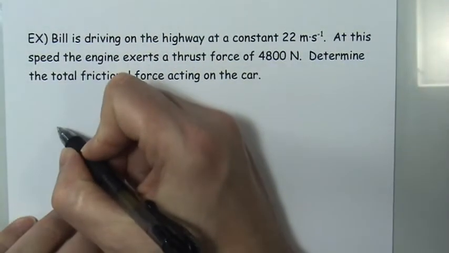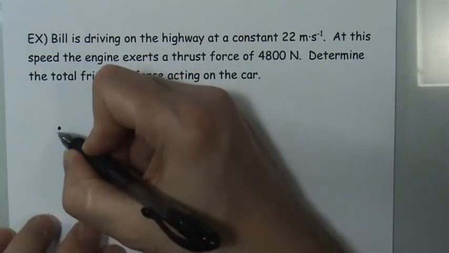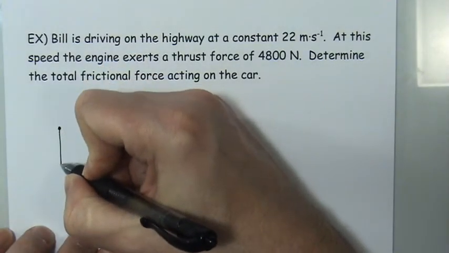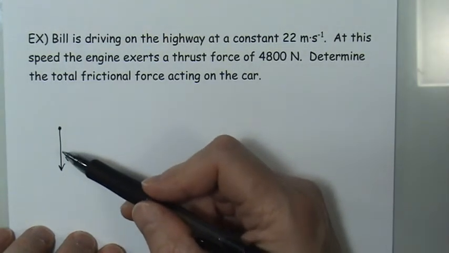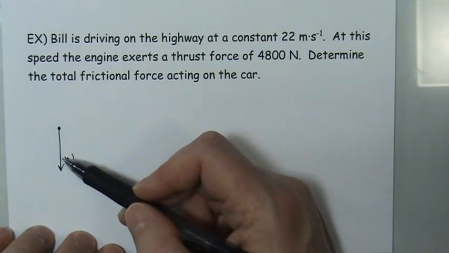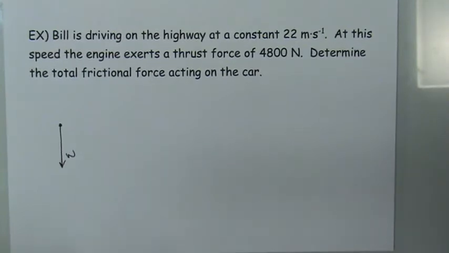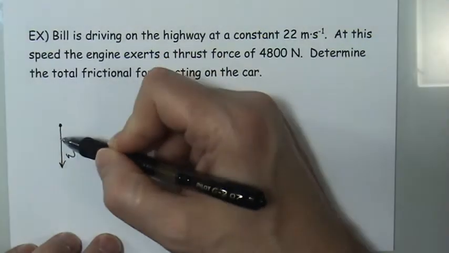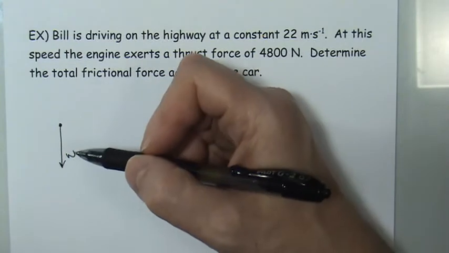So before I start the problem, I'm going to draw a free body diagram again to just identify what are all of the forces. And one force that should be pretty automatic, we're always going to be looking at objects that have mass, and therefore, because they have mass, they must have weight. Now the car is obviously not falling towards the center of the earth, so there must be some force that is balancing this one out to keep the car at rest vertically. In the vertical direction, the car is not accelerating, it is traveling with constant velocity, and so therefore I know these two forces must balance each other. So the weight in this case would be balanced by the force from the road.